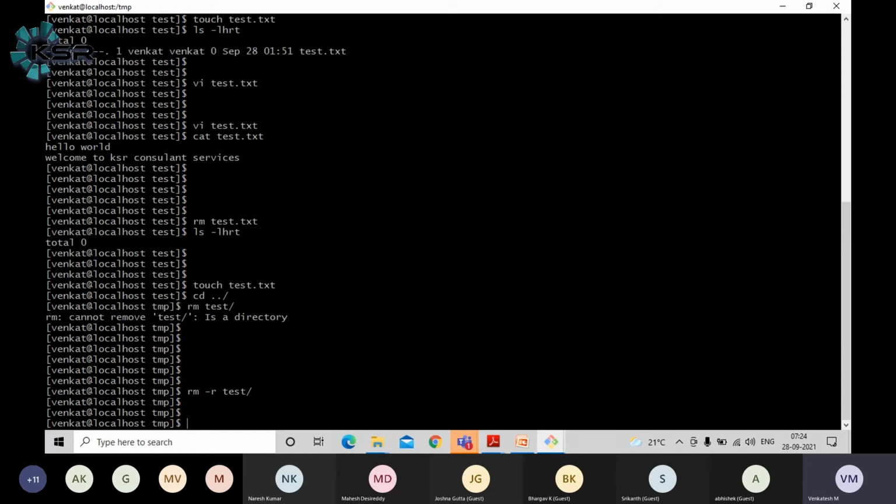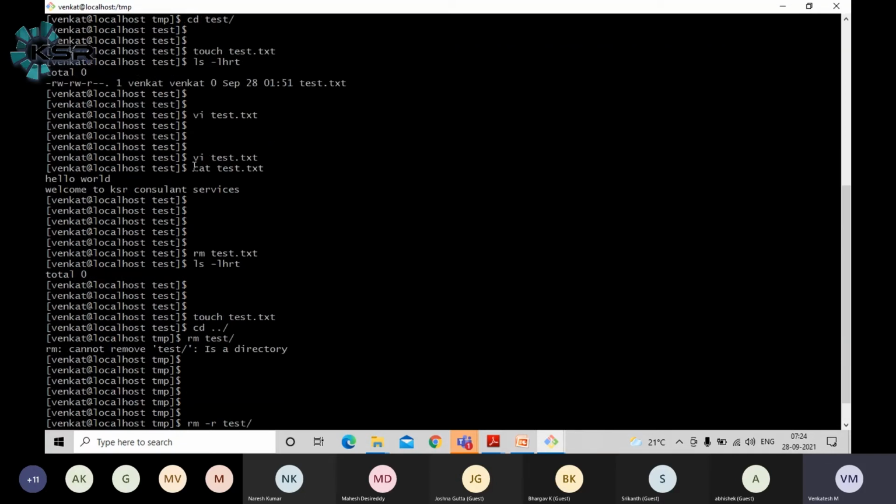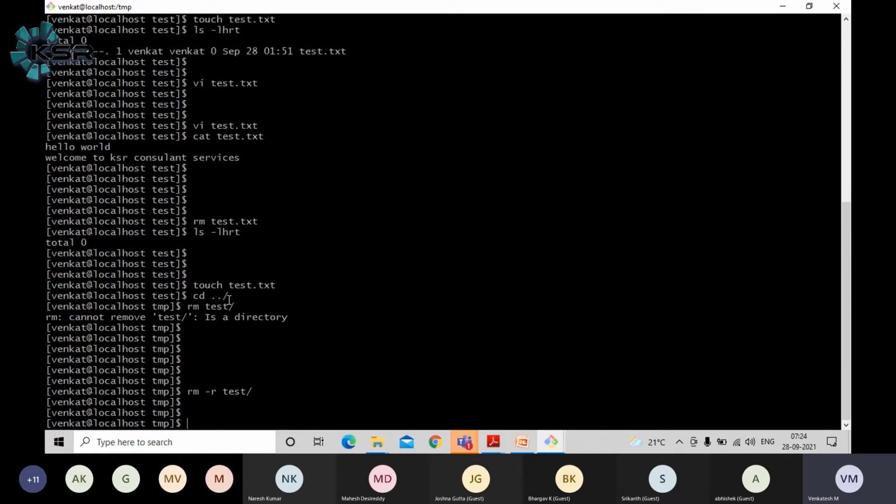See, this is how we can delete a folder which has no data. If the folder has any data, then it won't allow you to delete anything, so some arguments we need to pass, guys, recursively and forcefully, to delete any folder. This is the syntax. This is how you can create a folder, create a file, open the file and see the data of the file, and delete a file with the rm command. If you want to delete any folder, you should use some more arguments, rm space -r for recursively and the test folder. This is how we can delete the folder also, guys.